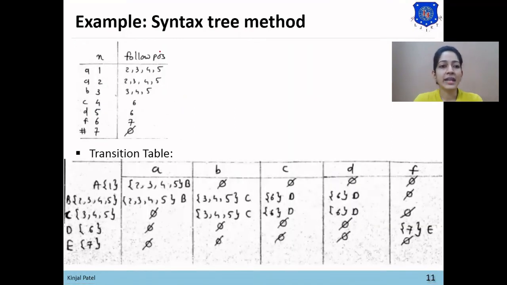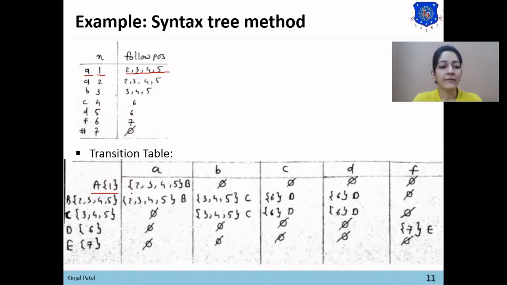Here is the table of follow position which we have found, and we want to construct the transition table. The first node is A, which has value 1. We want to find the transition for this A node. The follow position of 1 is 2, 3, 4, 5, and 1 is the position of A input symbol.